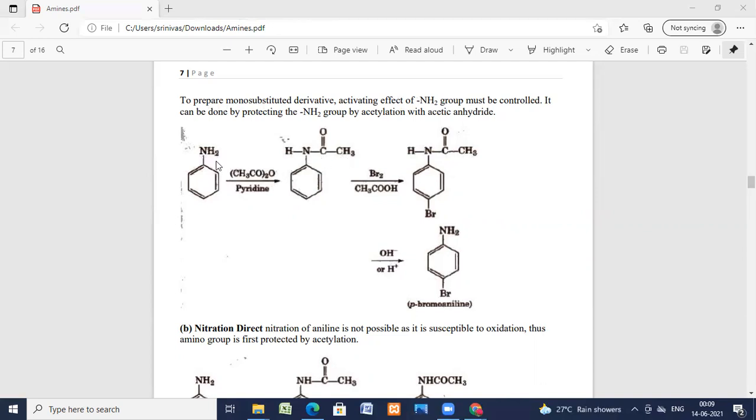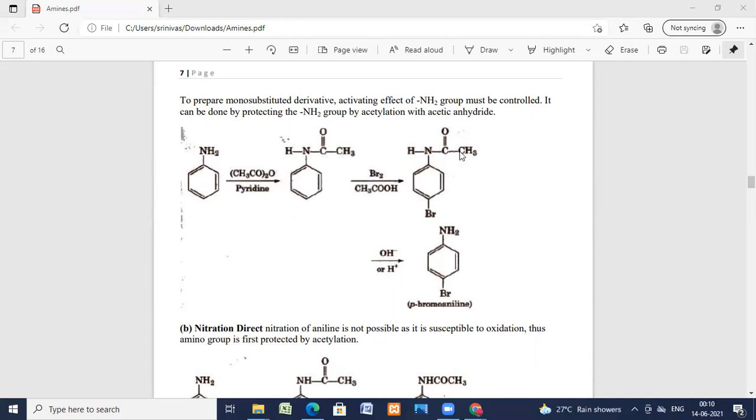The hydrogen and acetic acid are liberated and COCH3 is getting substituted. Acetanilide is formed. And this one further on reaction with bromine in acetic acid gives